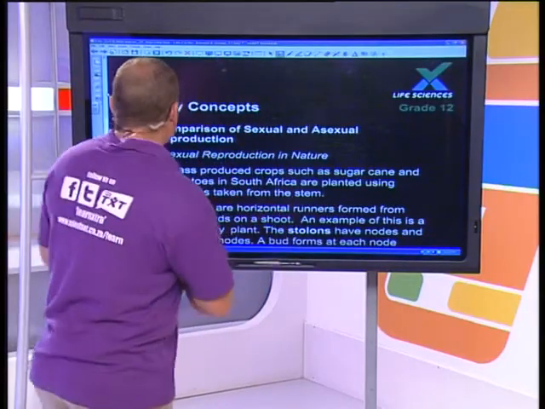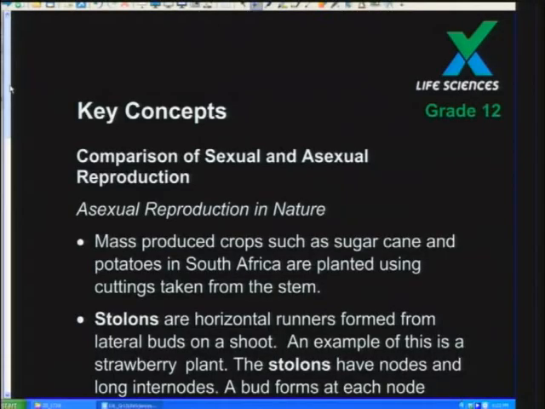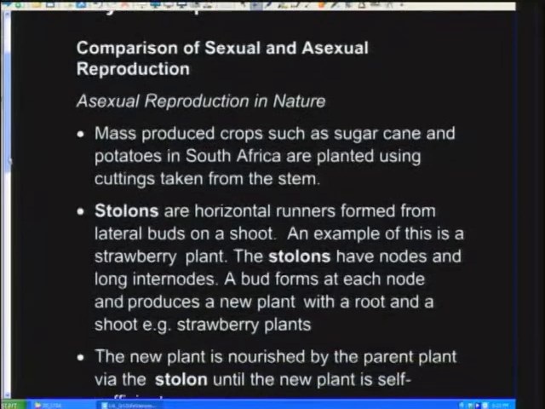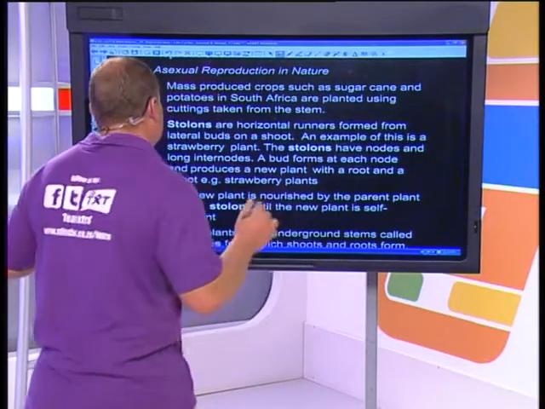Asexual and sexual reproduction. Okay, we're still comparing the two. Let's have a look at asexual reproduction in nature. In nature, there are a couple of things we have to look at, right? We do use asexual and sexual reproduction all over the place. Let's see, mass